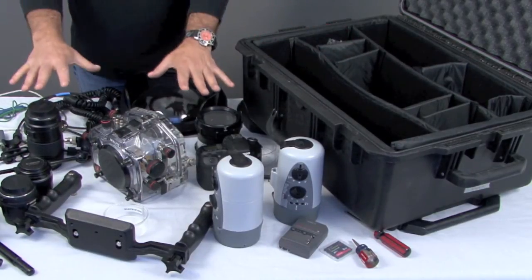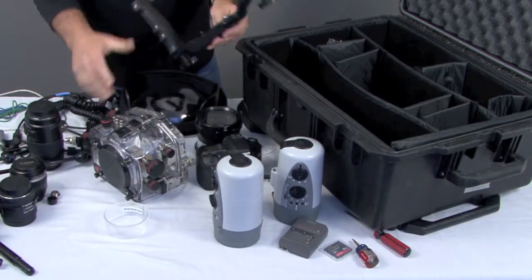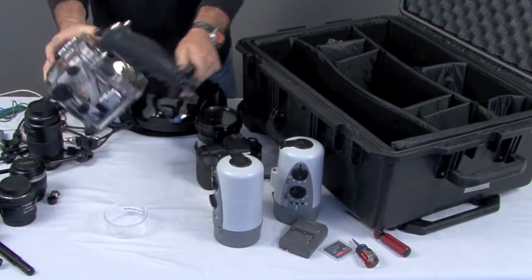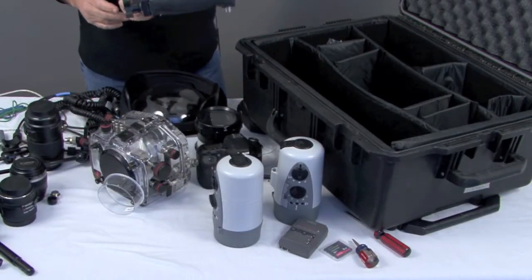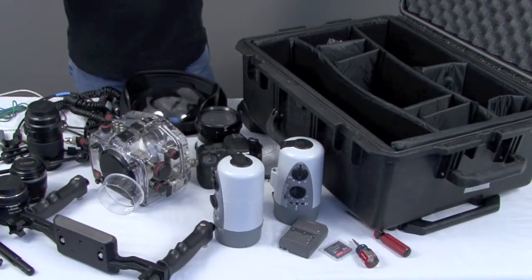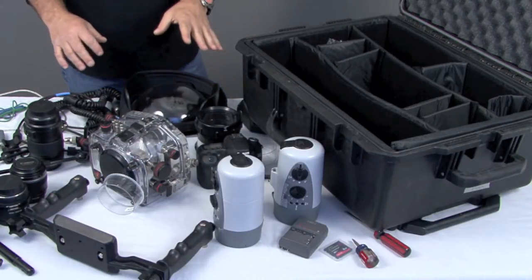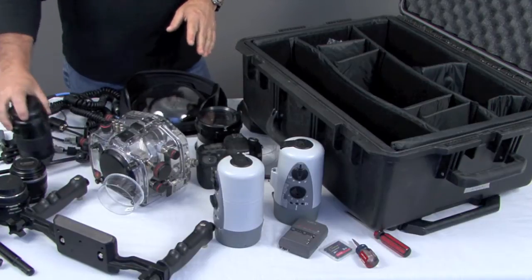In the case of what you're seeing on this table, the only thing that I pull out is this, the tray. This is the tray for the base of the housing. I choose to pack this separately. I put it in my clothing and dive gear bag, wrapped up in gear. It's pretty durable, can't really be hurt,